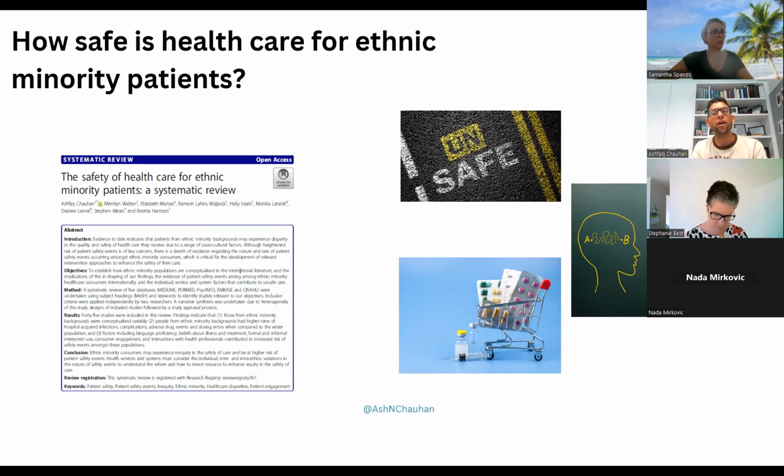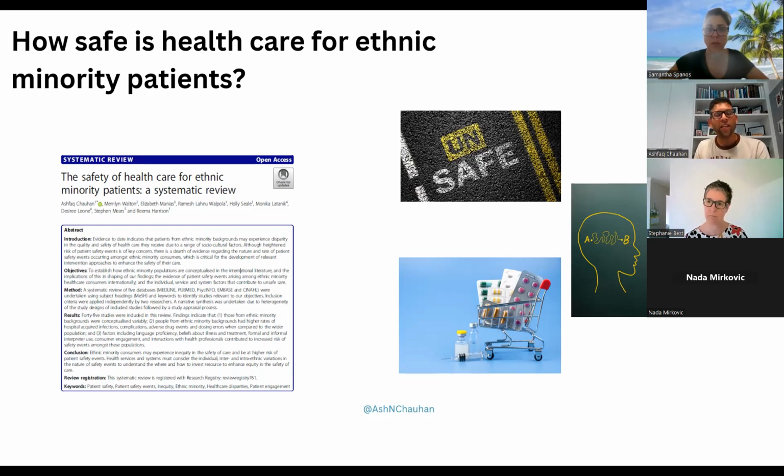So we reviewed 300 medical records of cancer patients from 2 cancer services, and they were all patients from CALD backgrounds. We used four indicators to identify these medical records. One was country of birth, which was outside of Australia; language spoken at home, which was non-English; preferred language, which was non-English; and interpreter required, which was yes. If any of those 4 indicators were present, then we would identify them as a CALD patient and review their medical records.